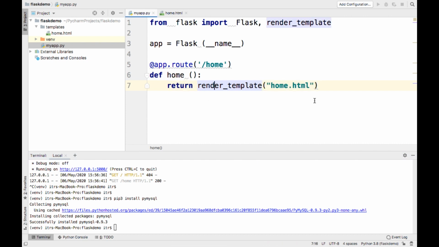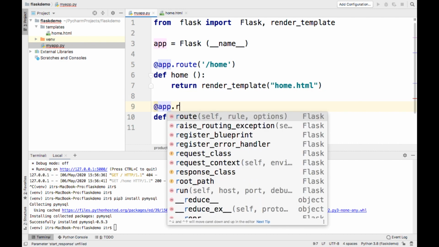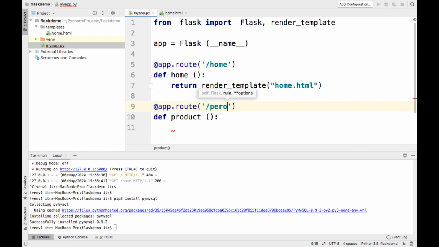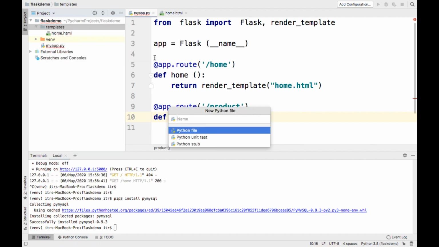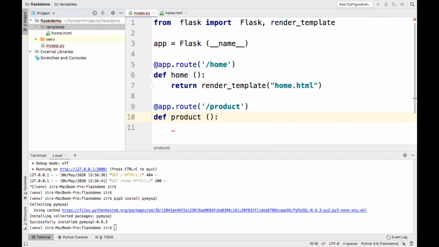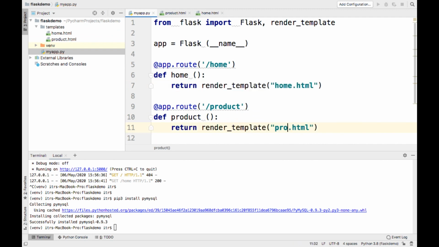So I'm going to write another function, def product, and when the user asks for app route /product, I want to display a product page. I'm simply creating a product page here, new HTML file, product.html.